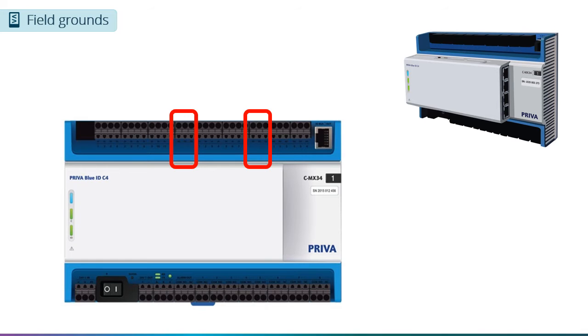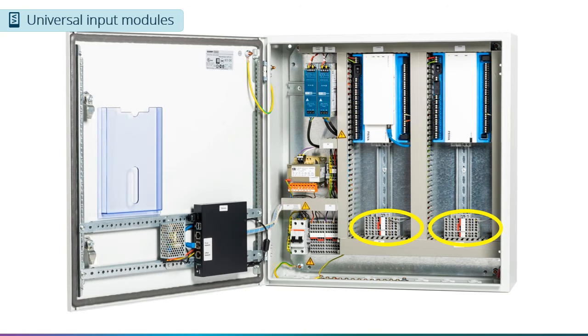The 6 field ground terminals are used for universal and digital inputs as well as analog outputs. Since there are more input terminals on the CMX34 than there are field grounds, we have added extra field ground terminals for you in the bottom of the panel. For the modules that come pre-installed, we have already connected a wire from the field ground of the module to the field ground terminals at the bottom of the panel. If you are adding more input modules, make sure that you connect the field ground of the module to the